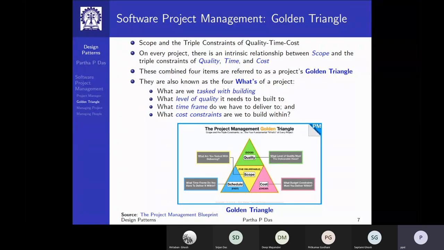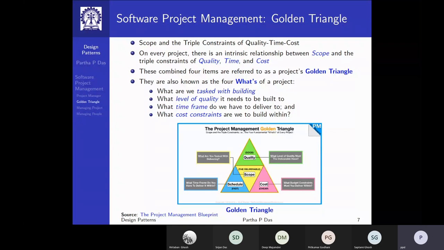These parameters are typically known as the whats of the project. If you question the project, these are the four whats. That is, what have we been tasked to build? That is the scope, right? Three functionalities, 20 functionalities, 200 functionalities, and so on.